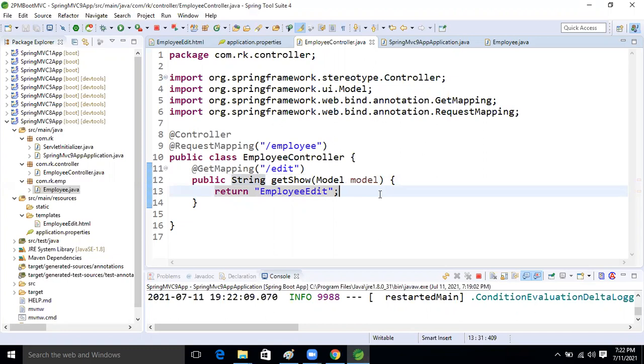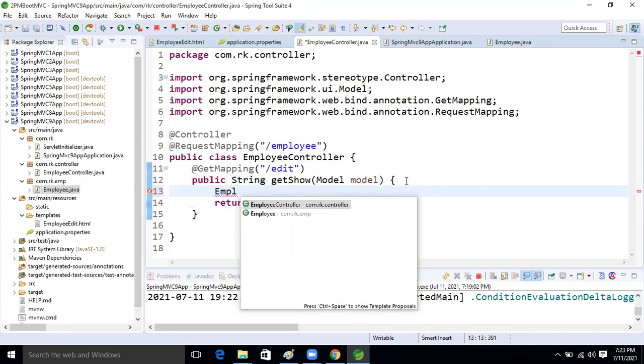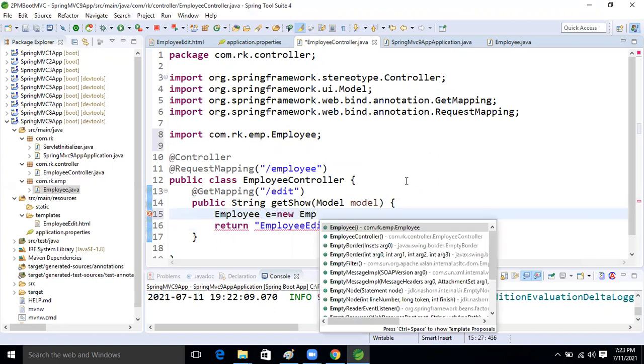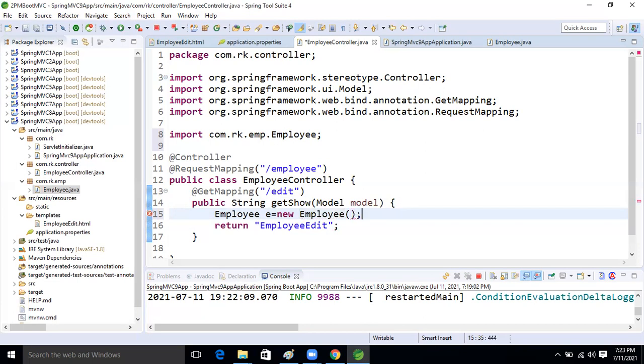Okay, so what we will do now, here create that employee object, because this employee object only we will edit, right? Later this data will come from the database, guys. So currently don't focus on this area. Later this will not be there; this data will come from the database. I'm building your basics now. After that we will learn that one.